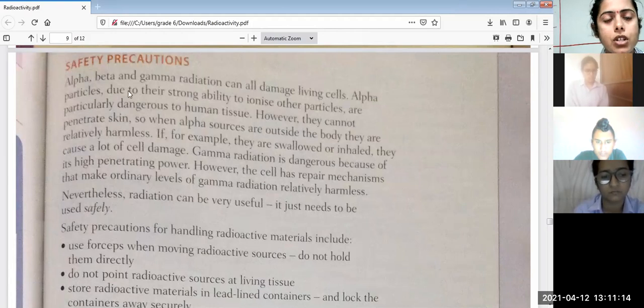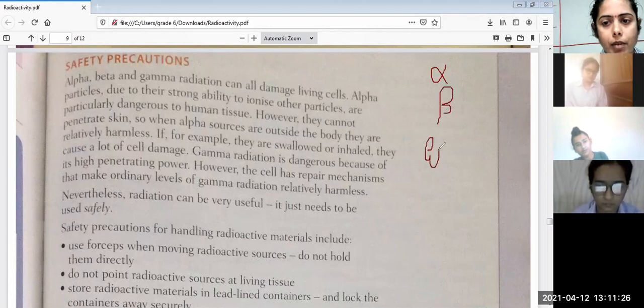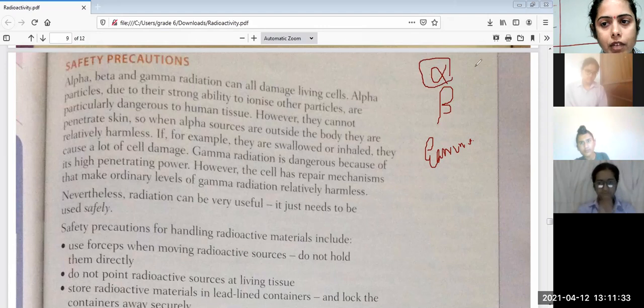Okay, so what precautions are we going to take? Listen, the first thing in the precautions is, see, you have 3 types of radiations. One is alpha, one is beta, and next is gamma. When you talk about alpha, they are harmful but less harmful, because even if you have a little piece of paper in front of it, it will be stopped. Fine. So when alpha radiations reach us, we don't get that much affected.